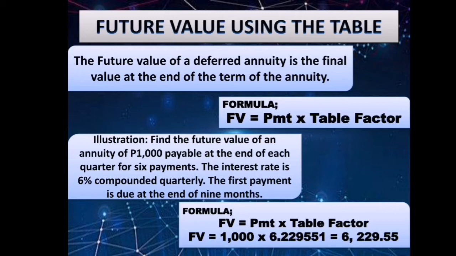So let's solve the problem. FV is equal to PMT times table factor. The PMT is 1,000 pesos payable at the end of each quarter, times the table factor. The table factor is provided in the book, so we can look for the amount there. So the future value of the annuity is 6,229.55. Just a friendly reminder: a deferred annuity is a very important financial concept for investors who intend to build